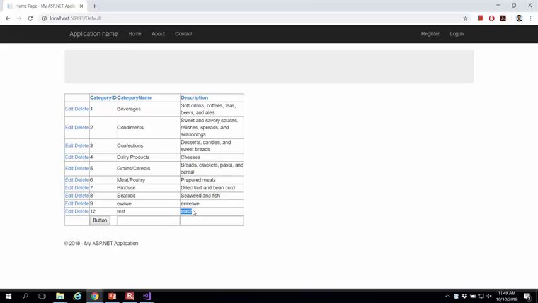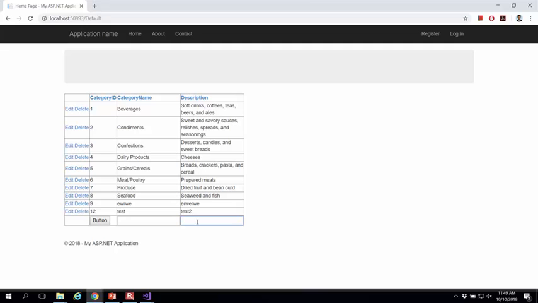So I'm using the same grid control. I'm not using a form view, and I'm not using separate text fields on top of the grid. What I did was use the grid control and customize it so that I can have these two fields